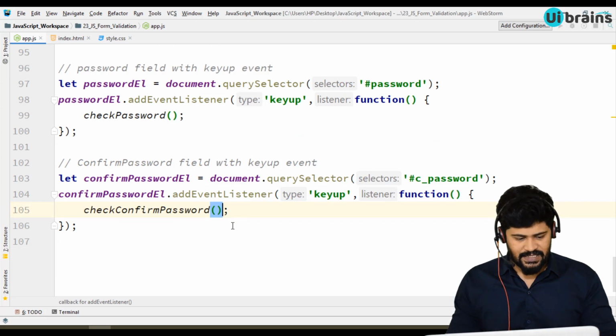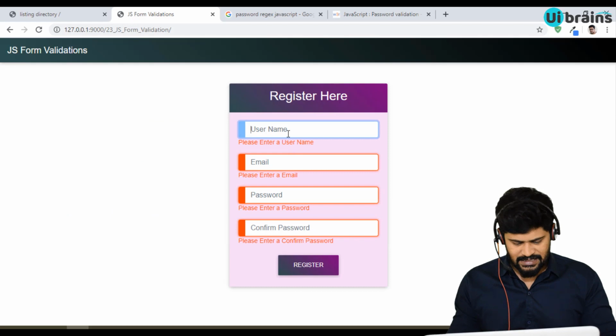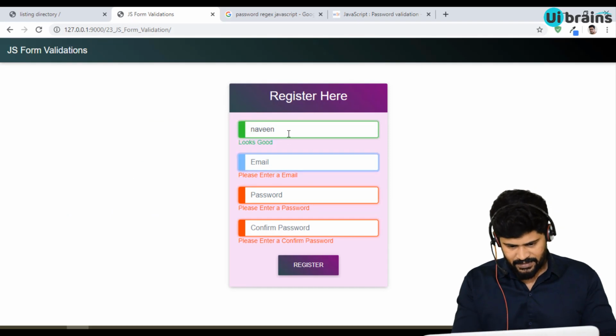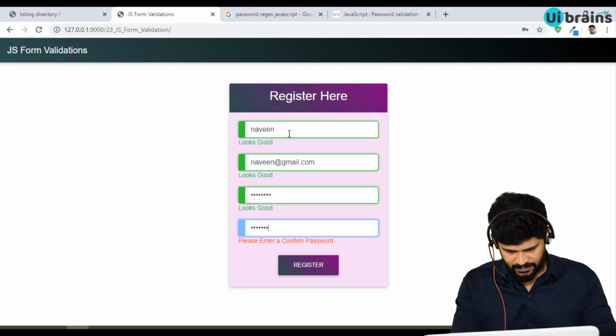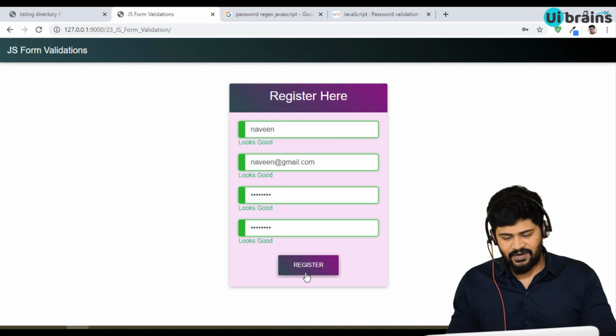So let's test our application now. Click on this. I just type my name at gmail.com. Yes, perfect. So when I click on register, I need to get the form submitted successfully message.